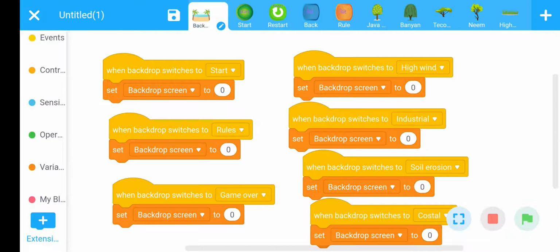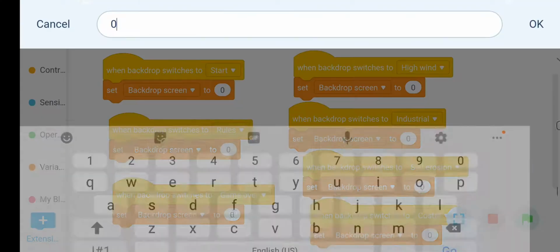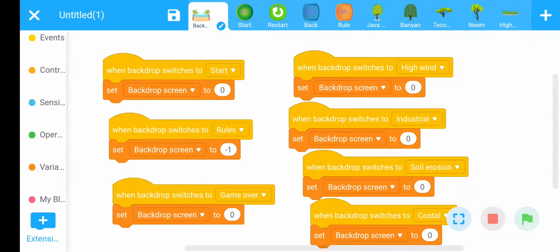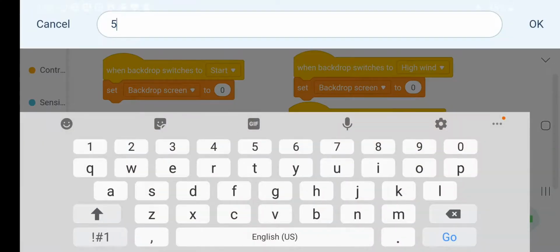You have to consider backdrop screen variable as blank, and you will assign the value here. Let us consider for start screen the value is 0. For rule screen the value is given as -1. Then for game over the value given to that variable is 5.